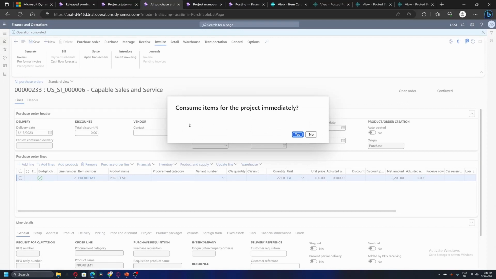Now, since we have set create item requirement to yes, on posting of the purchase invoice, the system is going to prompt me, do you want to consume the items on the project immediately? But as I said, I don't want to consume the items on the project as soon as a project purchase invoice is posted. I want to consume the items based on my project timelines. So I will say no.